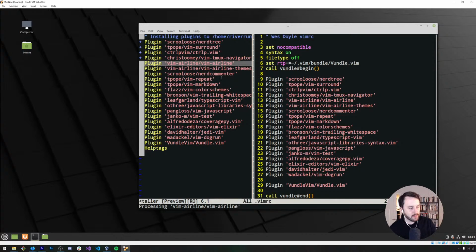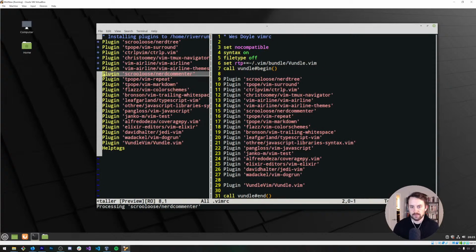So when you run PluginInstall with Vundle, I guess I can talk about what's happening here. In the vimrc, these lines which say Plugin, Vundle will look for GitHub repos at these paths, so user scrooloose and then the repo is nerdtree. And then Vundle will actually go out and clone those repositories into the directory it manages for plugins, and those get used as plugins in Vim. So I'm pretty sure Vundle's a Tim Pope plugin manager. There's also another one called Pathogen, I think, if I remember correctly.